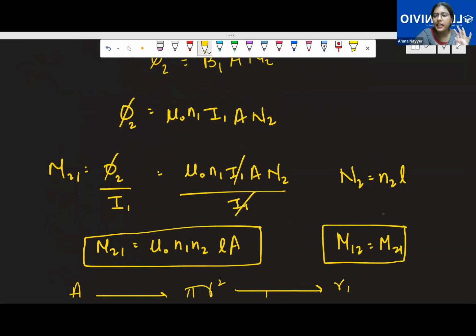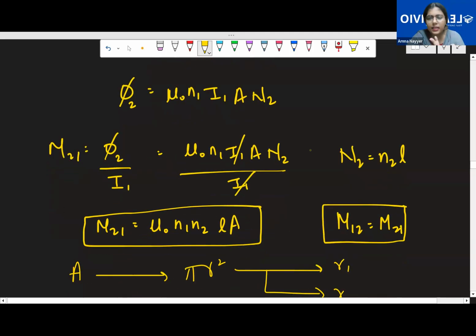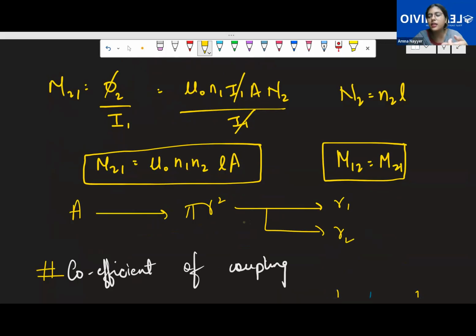Till now, this hasn't been asked in the board exam, but it was given once in a sample paper, and it's there in the NCERT exemplar. But in the board exam till now, this derivation hasn't come. Okay, so area means pi r square, which you use because we are talking about the circular coil, not the area of the cylinder, because there's a confusion. So that's why I've written this.